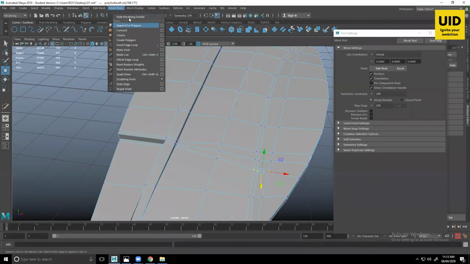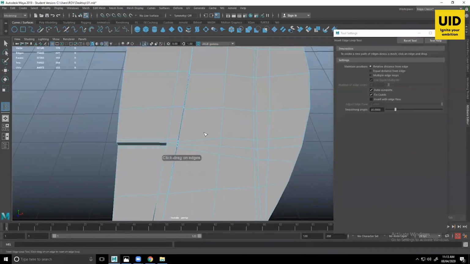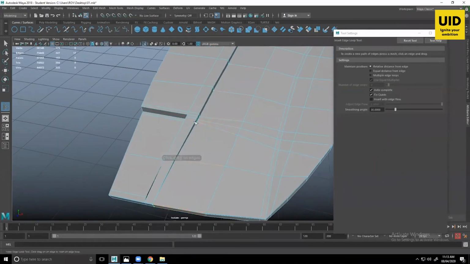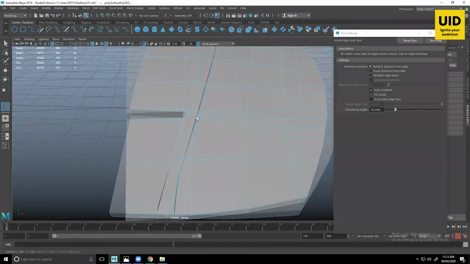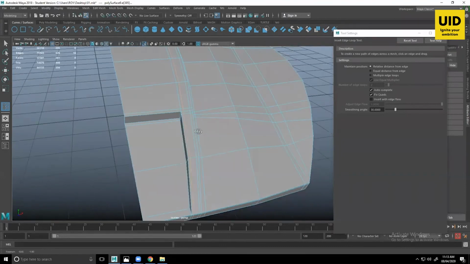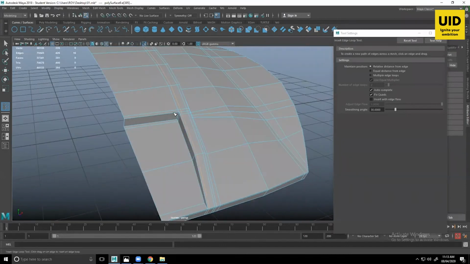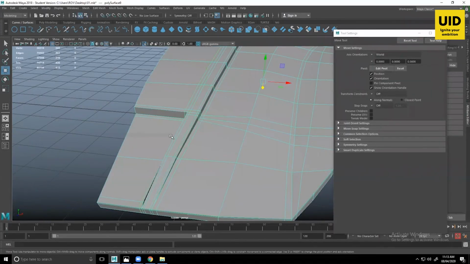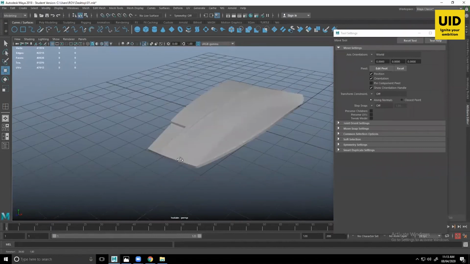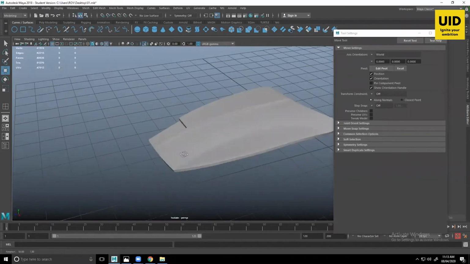Again, I'll go back to my insert edge loop tool and insert my edges over here. Keep one over here, one over here, another one over here, and one over here. If I press 3 now, I can see this sort of.